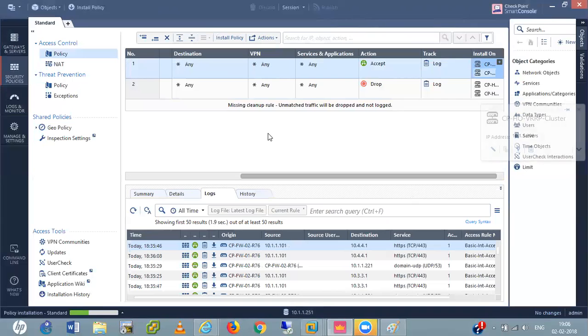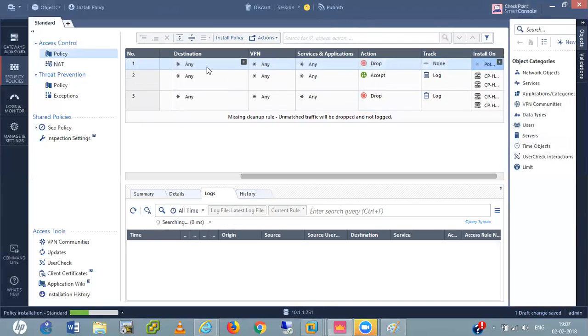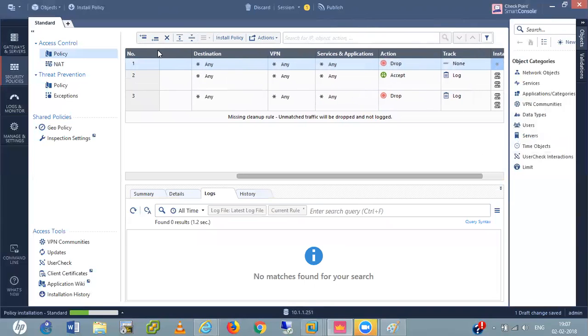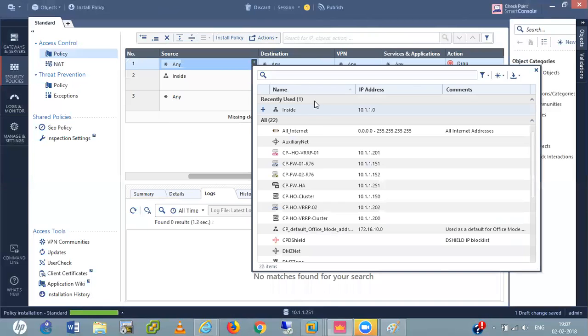Don't be confused with this. So the thing is, we also need one rule for this VRRP cluster to work. So I am expanding this one a little bit. Source is any. Not source is any. See, in source tab, I call this one VRRP cluster.